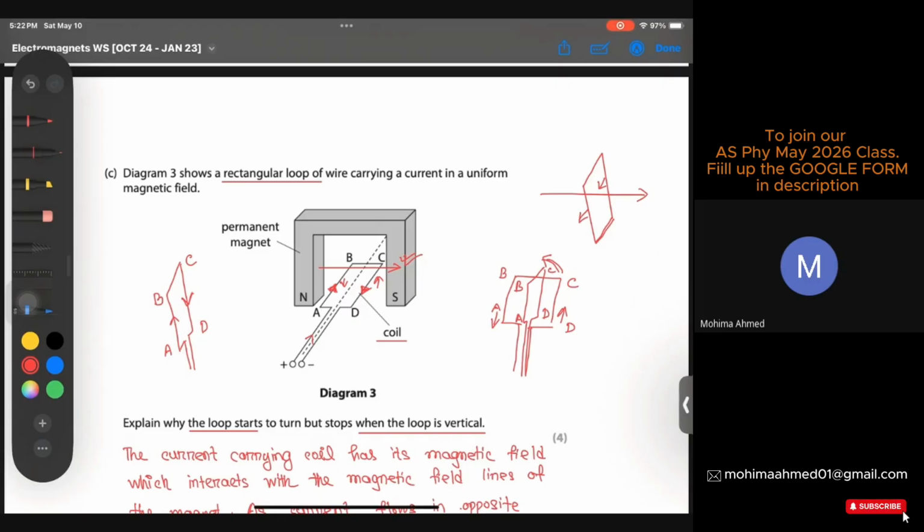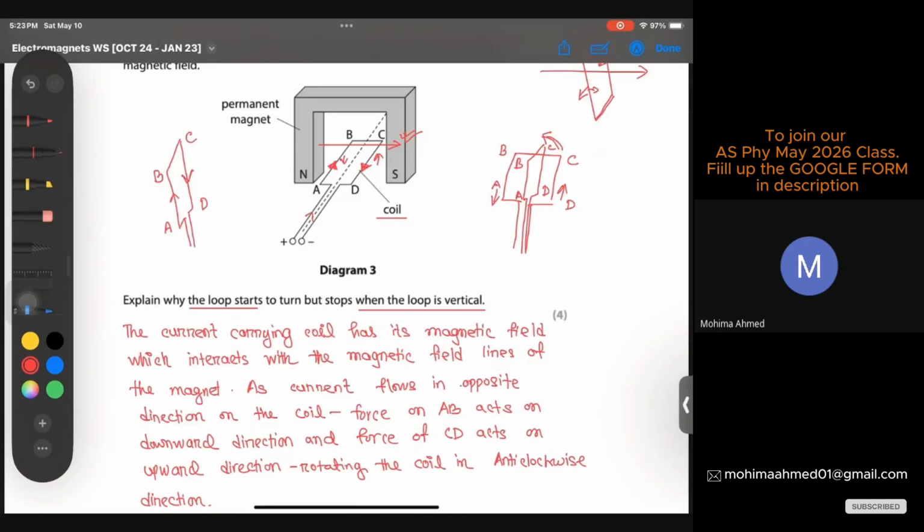So force is acting in them, but if I want to rotate them, I need a horizontal force also, right? But there will be no horizontal force. So force doesn't change the direction. So at the vertical point, both the forces will act in the same direction, vertically downward, right? But to make it rotate in this direction, we need some horizontal forces also. That's not there. That's why there is no moment at the vertical point,